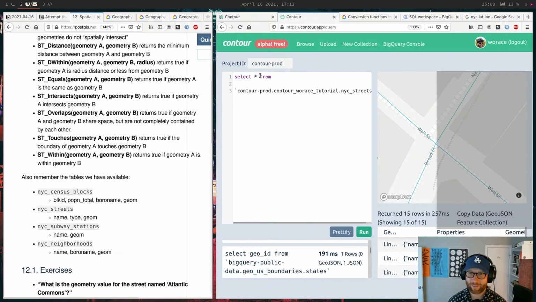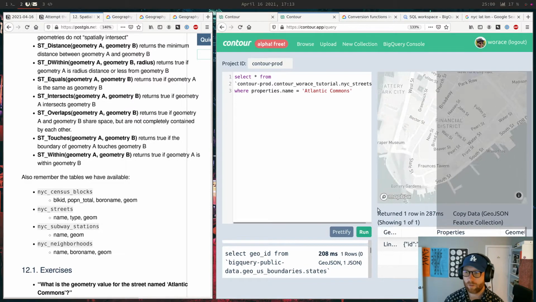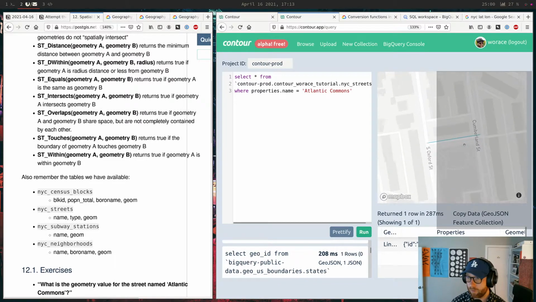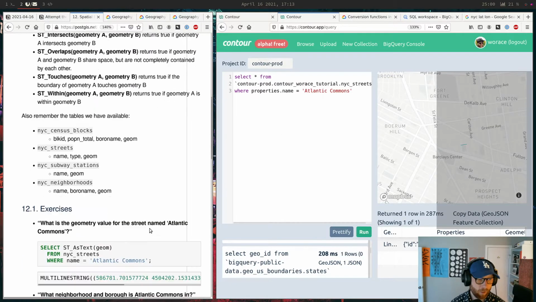Select star from there where properties name equals Atlantic Commons. Yeah, there it is. I assume that's it. Atlantic Commons, aptly named. Where is that? That's in Brooklyn. Oh yeah, by the Barclays Center. Sick.